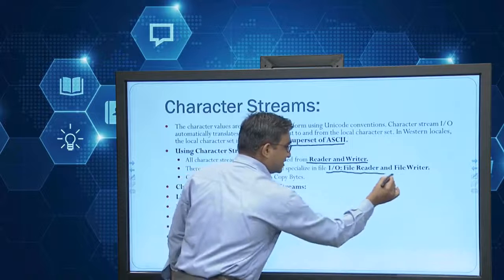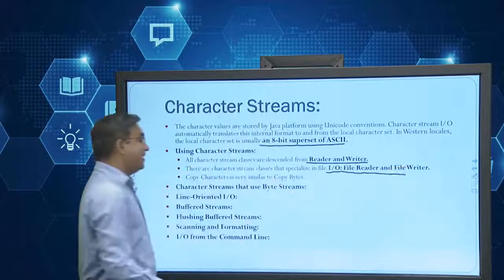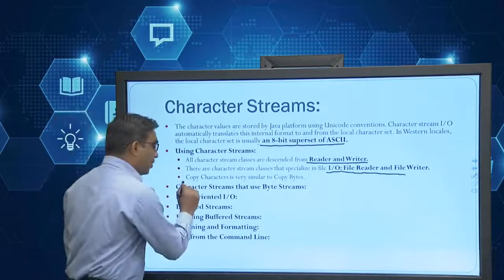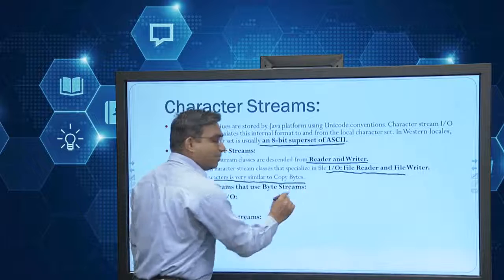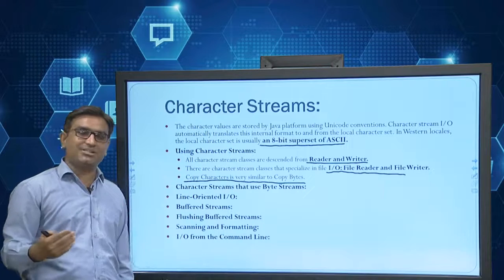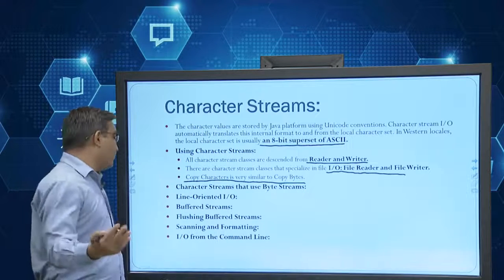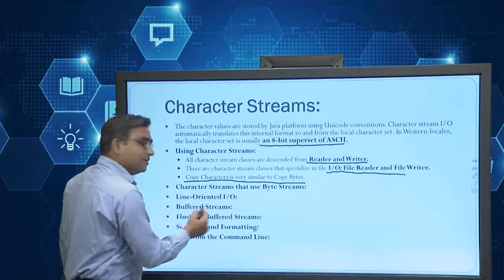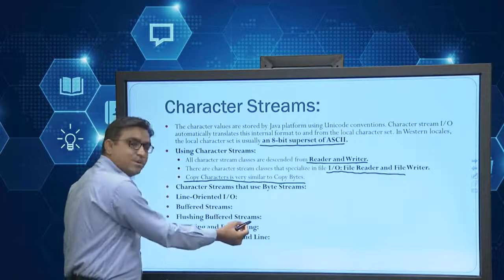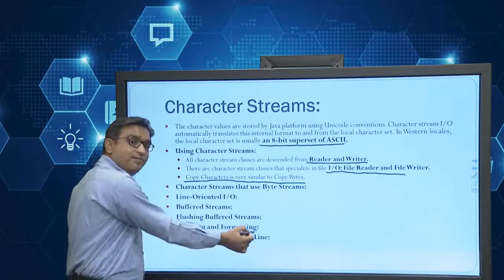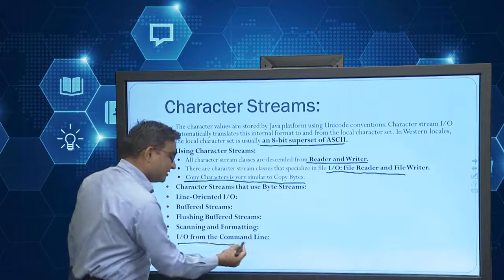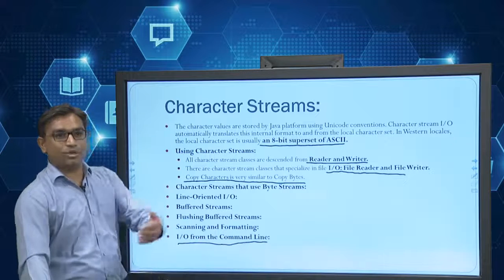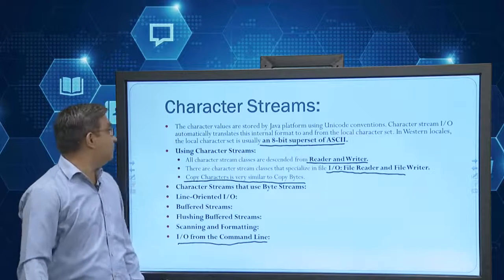So java.io itself provides the FileReader and FileWriter classes. Copying characters is very simple, like copying bytes. When there is a character, that character can be converted as in copy bytes. Character stream using byte stream, line operations, buffered streams, flushing buffered streams, scanning and formatting, and output from a command line argument. So with a command line argument we can retrieve the value.